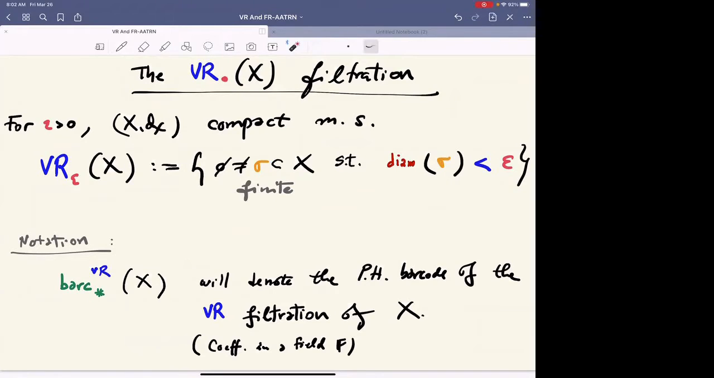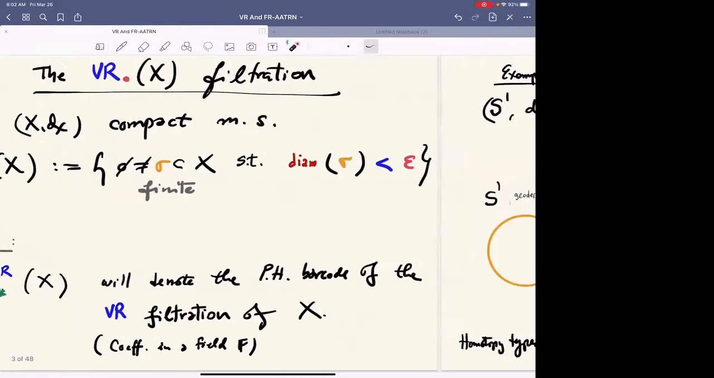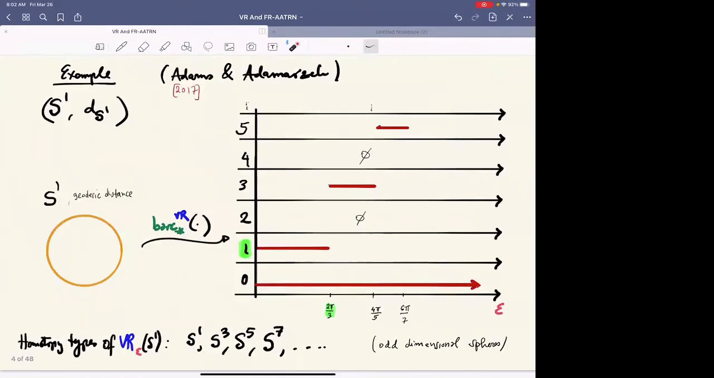So all I will say is that I'm using the open condition here, and I will denote by bark asterisk the collection of all barcodes that you obtain from the persistent homology of this simplicial filtration. And the asterisk refers to the fact that I'm stacking the barcodes that I get for all degrees. The Vietoris-Rips filtration